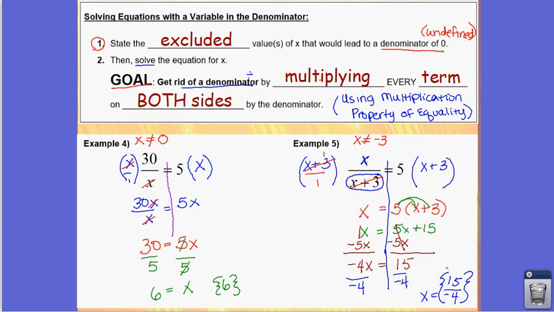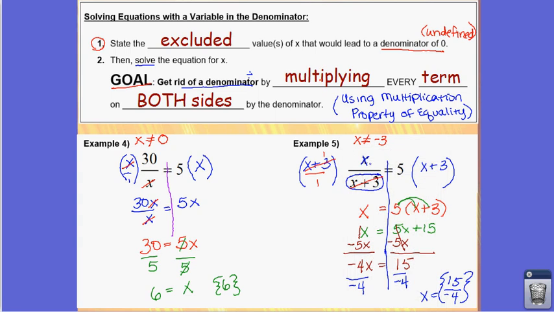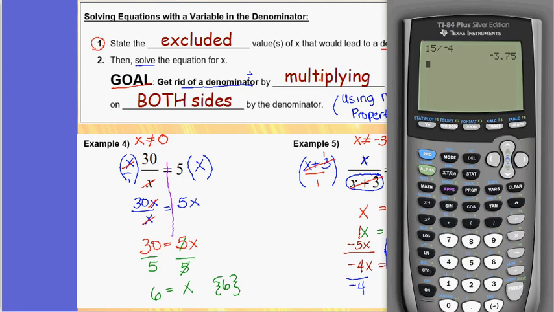For any of us that are still a little confused or not convinced, let's check this answer using our calculator. So if I type in 15 divided by negative 4, I find that the decimal equivalent is negative 3.75. So now the original equation stated that that number divided by itself plus 3 should give us 5. Let's check it out. Let's do negative 3.75 divided by, now it's not divided by itself, it's divided by, in parentheses, itself,